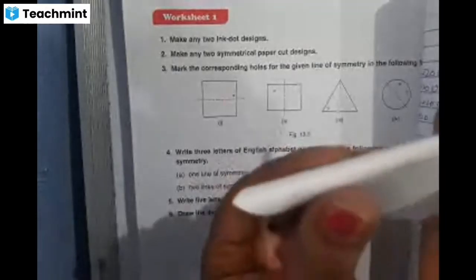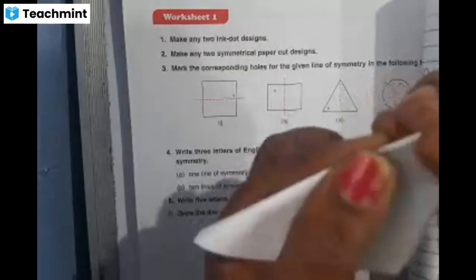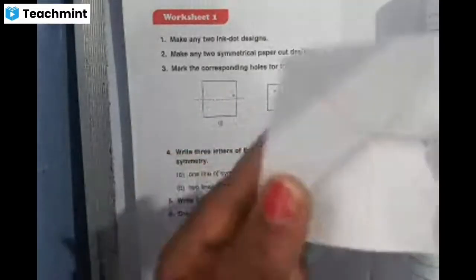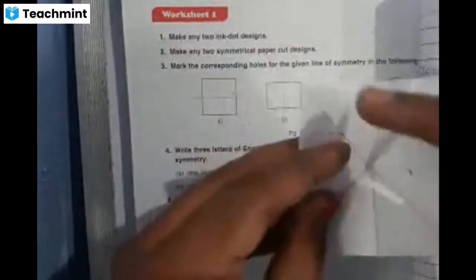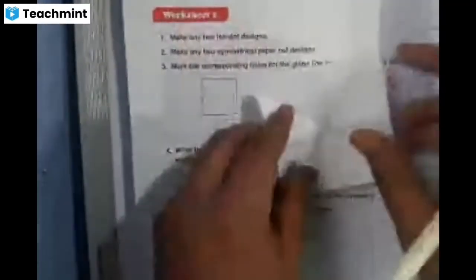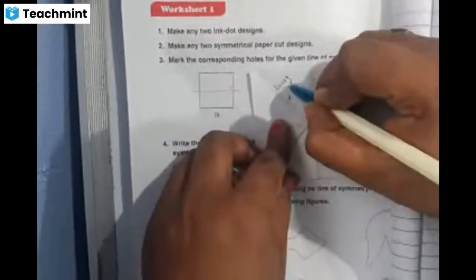Now, if I fold it along the corner, what happens? See, when I fold it along the corners, each part is coinciding. So when I press this, what happens when you unfold? You get one more line of symmetry. This is the third one, right? And you have one more, the opposite corners here in the square. Again, you fold it along the corners and then press it along the line. When you unfold, you get the fourth one. So you have to write here lines of symmetry.